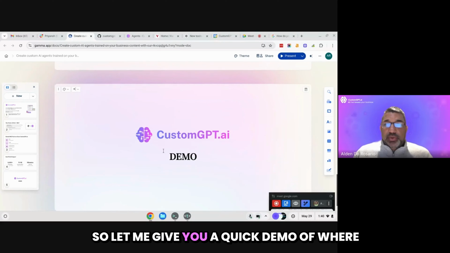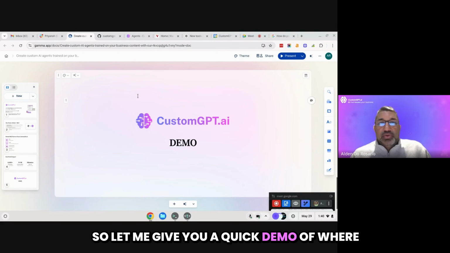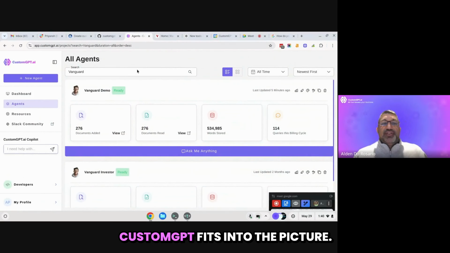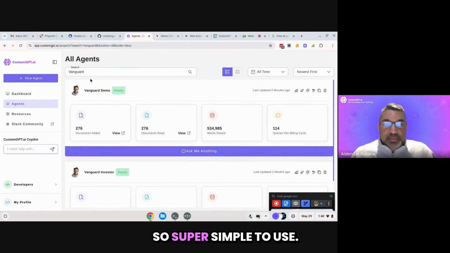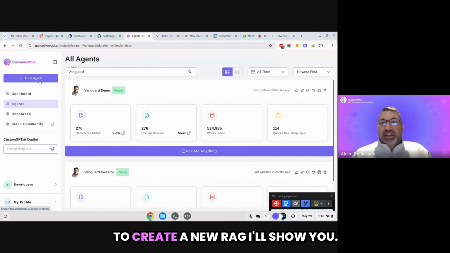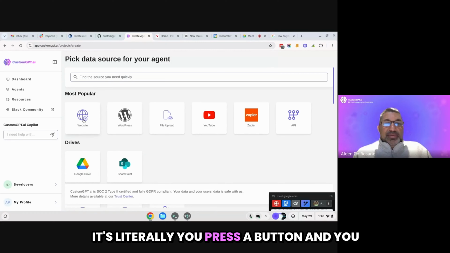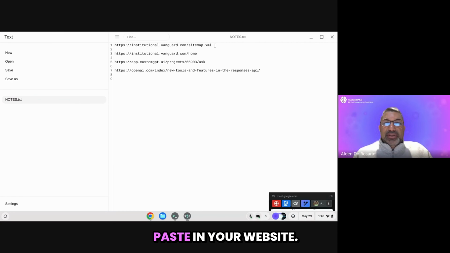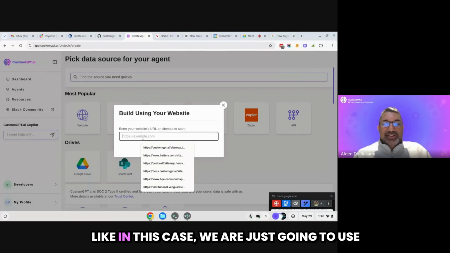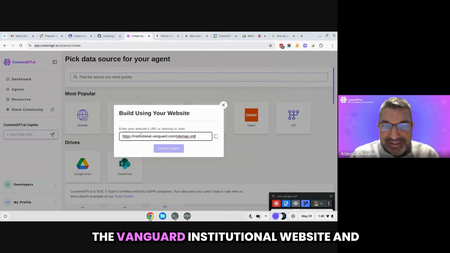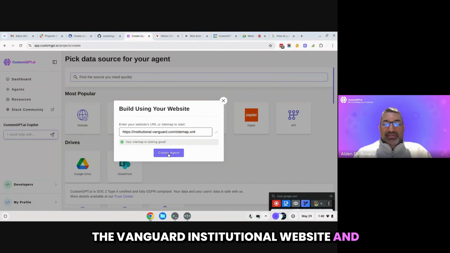So let me give you a quick demo of where CustomGPT fits into the picture. So super simple to use. To create a new RAG, I'll show you. It's literally you press a button and you paste in your website. In this case, we are just going to use the Vanguard institutional website, and that's it.